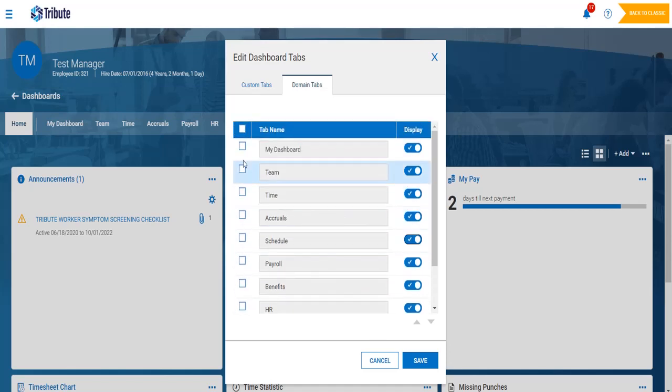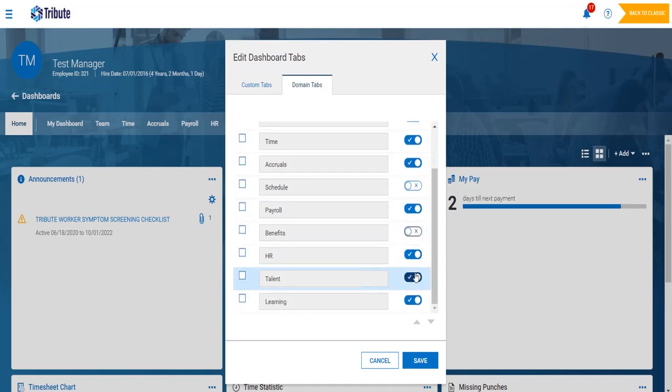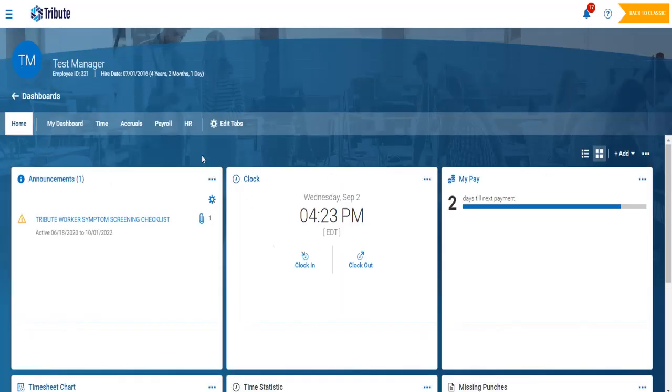But right now, I'm going to focus on a couple that are more pertinent to you in the field. One would be accrual, so we'll go ahead and leave that turned on. Time, we're going to turn off team. Schedule for now, we'll leave payroll, turn off benefits, HR, talent, turn that off, and learning. Once I hit save, the widgets will change up here, and they will show the individual widgets that I chose